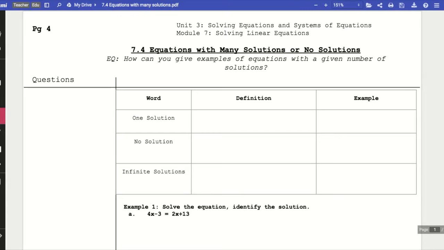Okay, so today we're going to be learning about different types of equations. Everything we've dealt with so far has one solution. Today we're really going to be exploring the cases where we have many solutions or no solutions. So first, some definitions. One solution, mathematically speaking, is just any equation